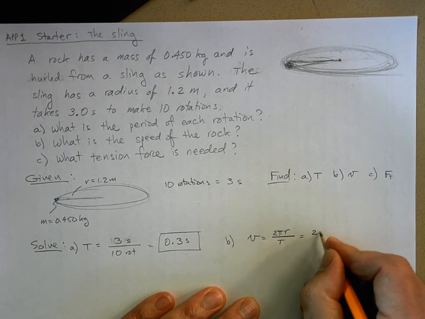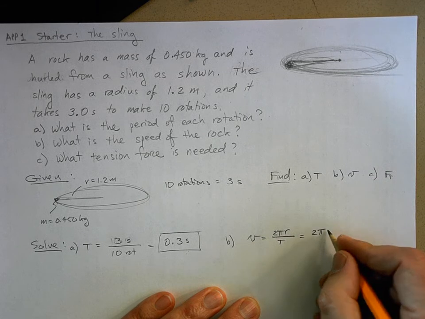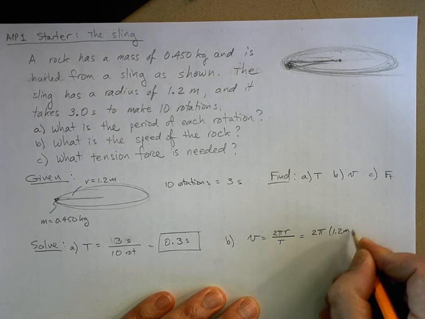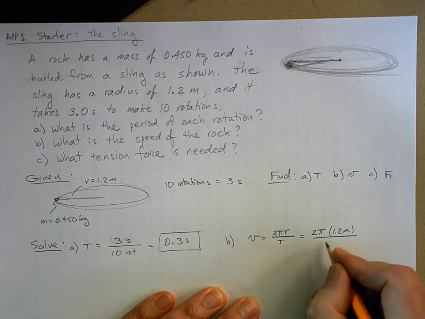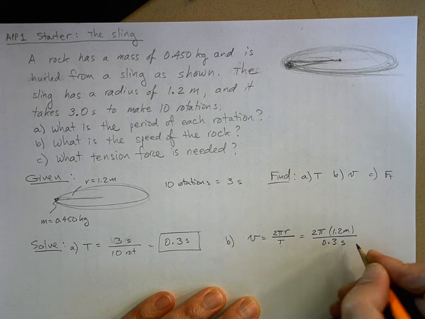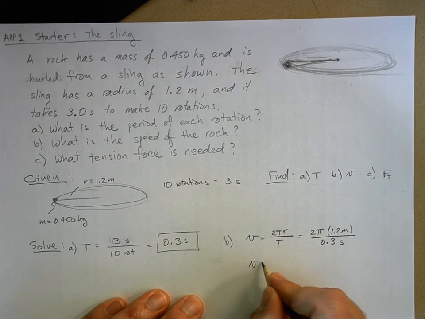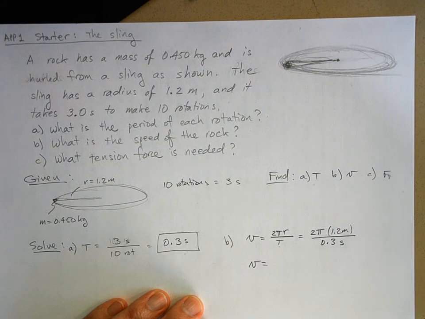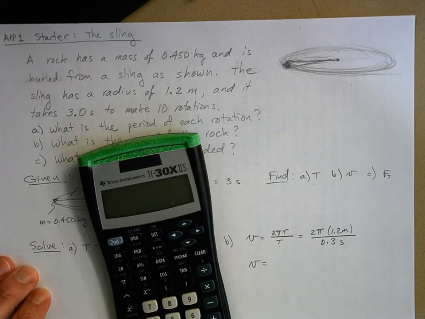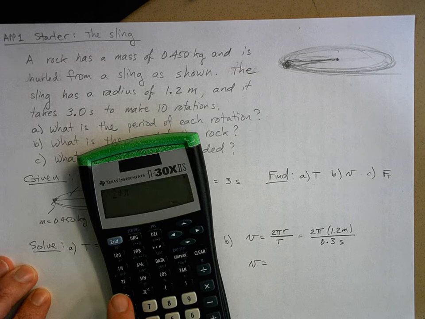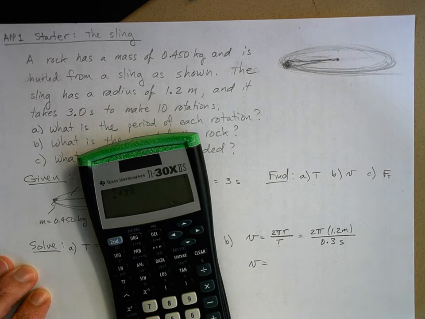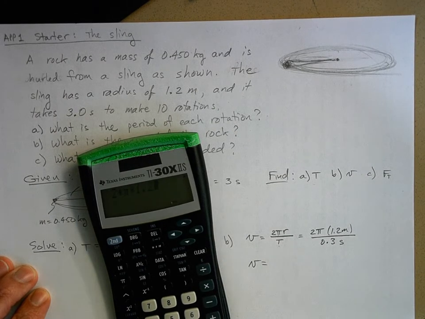So this is 2 pi, and then r is 1.2 meters, and the period is 0.3 seconds. And so V is equal to, there's my calculator, 2 times, my calculator has a pi button, which is really nice, times 1.2 divided by 0.3 equals,